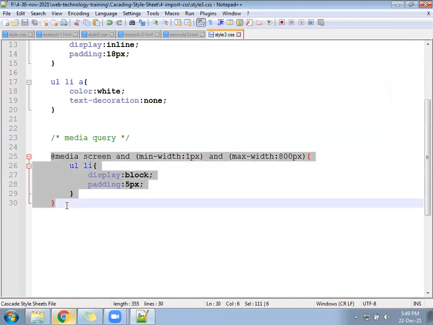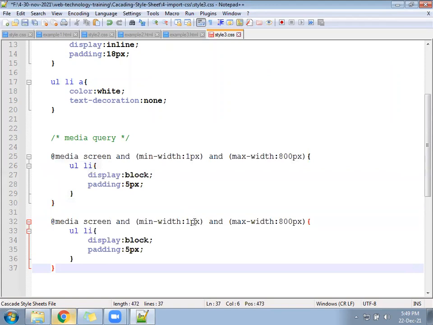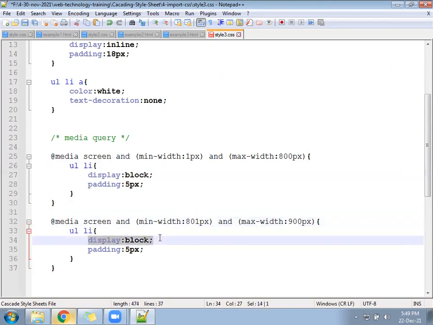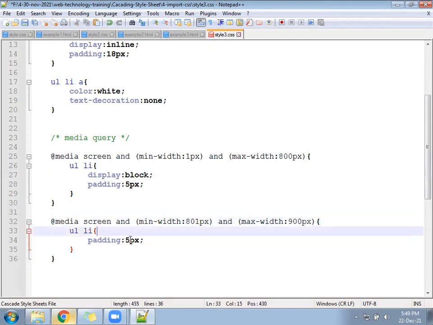Copy the same section, paste it in the last media query from 1 pixel to 900 pixel. The padding will be less. Let it be display inline only, but the padding reduced to 6-7 pixels so that the items will be a little closer.